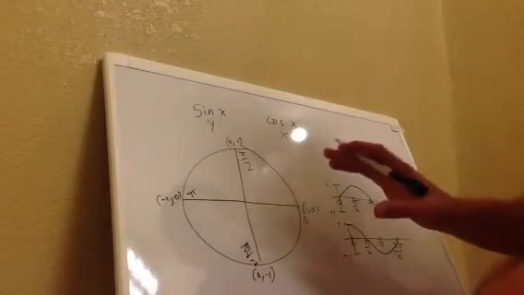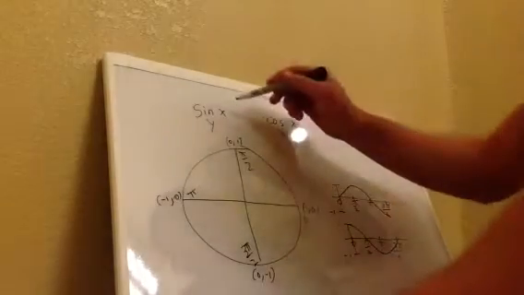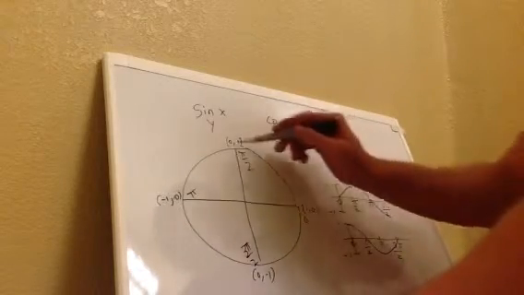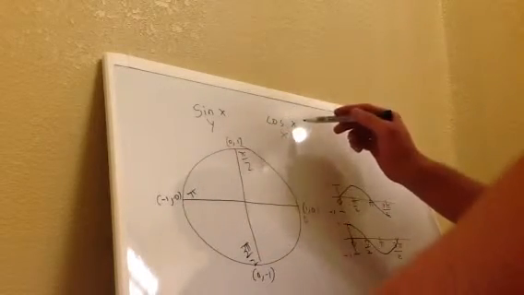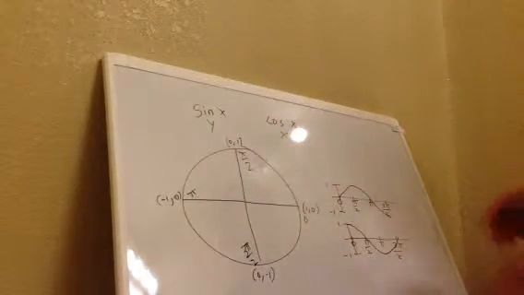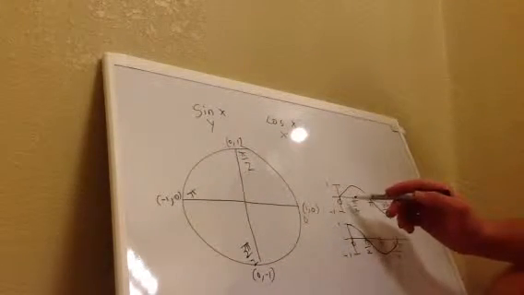The only reason you need to know these 4 points is because your sine of x is going to correspond to your y values of each of these. Your cosine of x is going to correspond to your x values, okay? So moving over here,